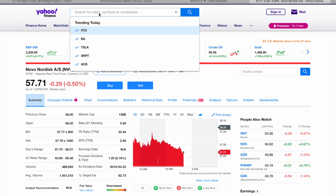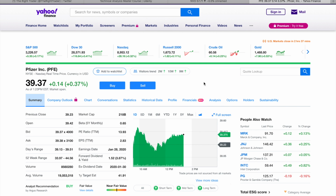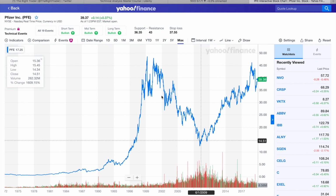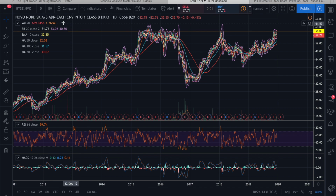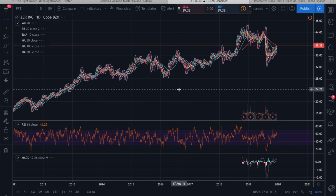We're going to take a look at the last stock of the video. This is going to be a mega cap biotechnology stock. So one of the bigger ones out here, Pfizer. This is kind of a golden blue chip stock. Great dividend of 3.87%. And if we take a look at the chart here, the charts I think are kind of glitching on Yahoo Finance. We're going to head over to the chart here, and you'll see that it had a little bit of a